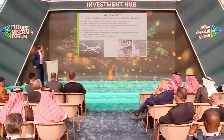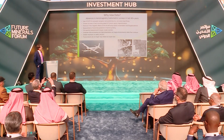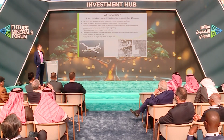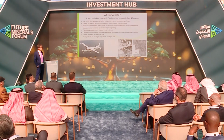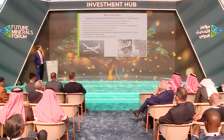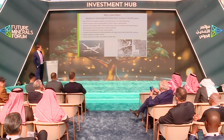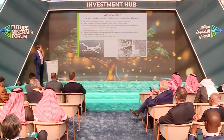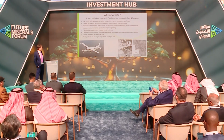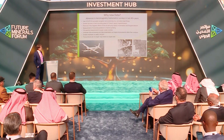So these are some of the reasons why we're acquiring new data. There were large technological improvements in airborne magnetics and radiometrics from the 1960s up to the 1990s. There have been minor incremental changes since then, but most of these changes date back to the 1980s and 90s. Primarily, use of differential GPS for navigation and positioning, greater accuracy, recording rate and sensitivity of the magnetometry instruments, digital